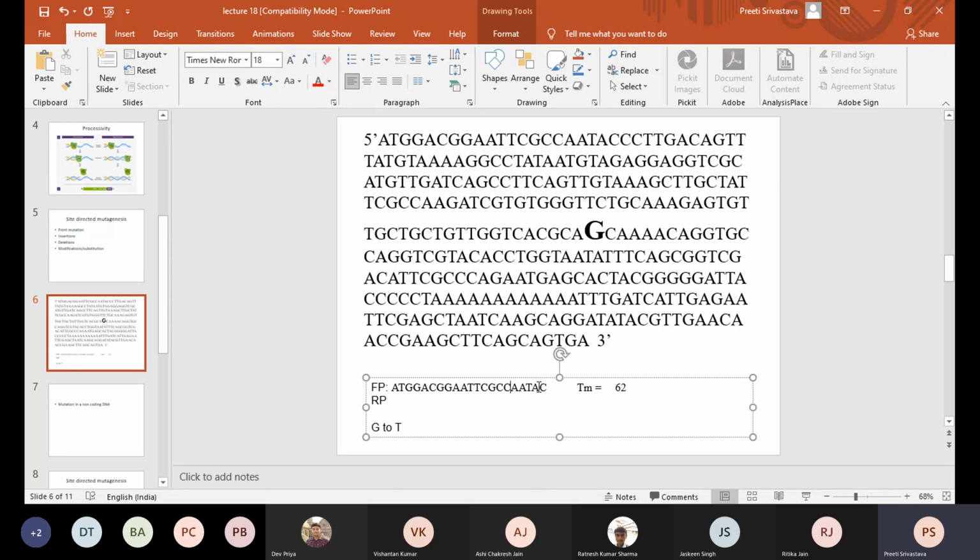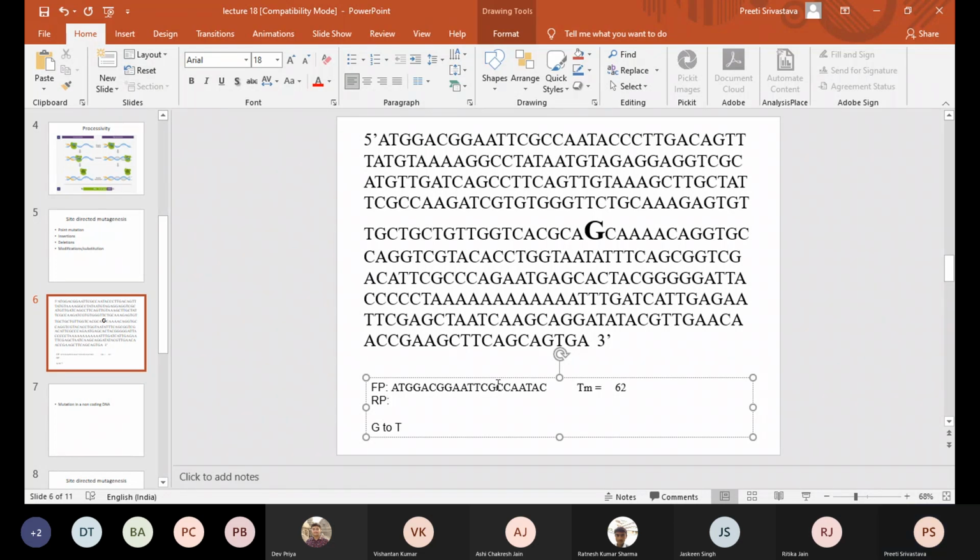maybe when you have such situations that the primer is in this range, you cannot stop at T or A, because I taught you that the 3' end of the primer should end with a C or G. G or C, yes, very good. So the 3' end of the primer should end with the G or C, and why so? Because it has a triple bond. Yes, very good. Okay, so now let's design the reverse primer, and I'll come to this 62 in a second.